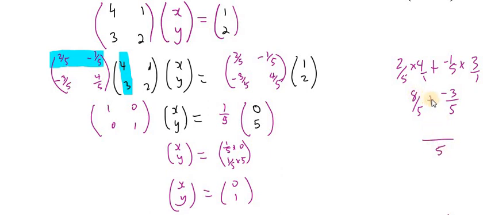I'm going to say 8 plus -3. This is going to be minus. 8 minus 3 is 5. And 5 into 5 gives us 1. So we see how we got this 1 here. 1 row by 1 column gives us 1 entry. Now we do the same thing